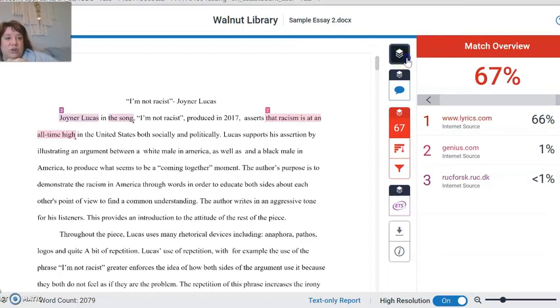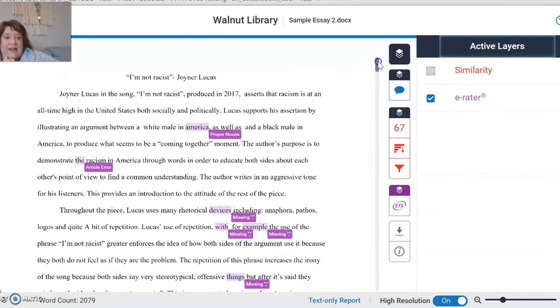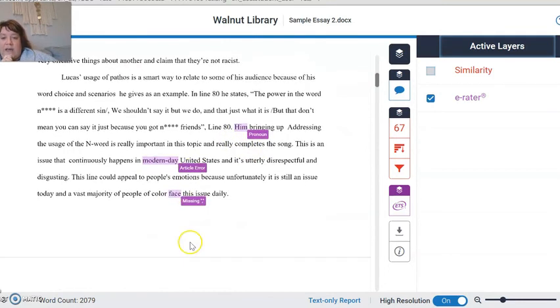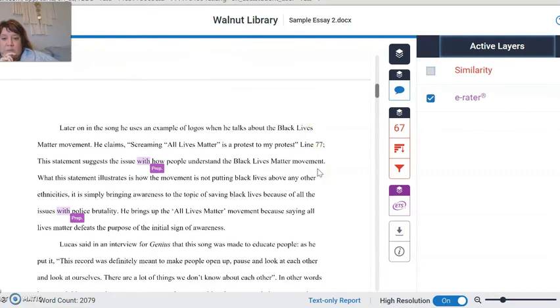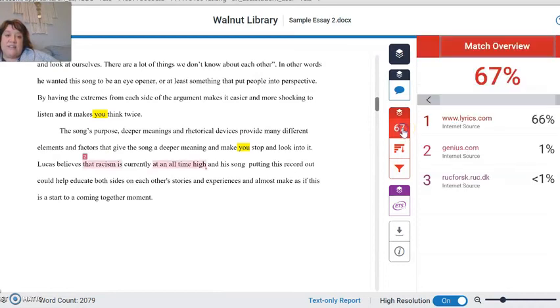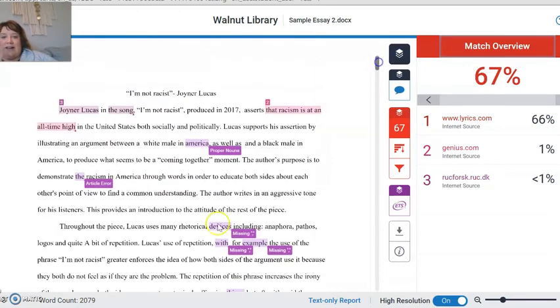I want to go back and turn on the layers for the grading, or the grammar check, and have the student look at that. All right, so they can go through and really work on some of those grammar pieces. Now, what's helpful here is that a student sees where their language may or may not be too close to that original language and is bordering on unintentional plagiarism. The one danger here is that since the crux of what's coming up as plagiarized is from the lyrics, there's not really a whole lot of problematic material